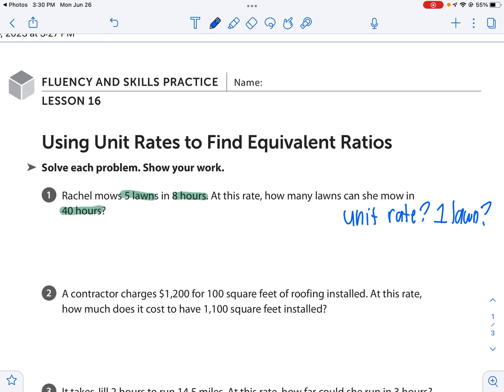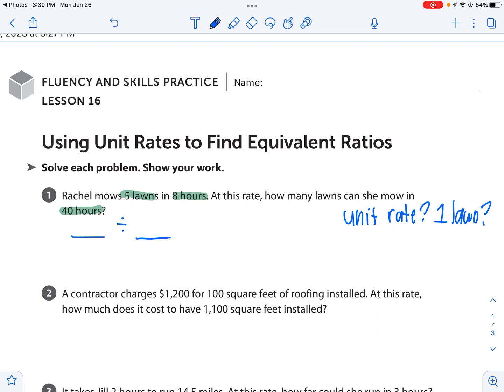So I know to find rate, I have to divide. Now the tricky part here is what number goes first. Is it 5 or is it 8? Because it's not always the order it is in the problem. Sometimes it is 5 divided by 8, but sometimes depending on how the problem is asked, we would do 8 divided by 5. But a trick that I do to help me remember is I look at the actual question